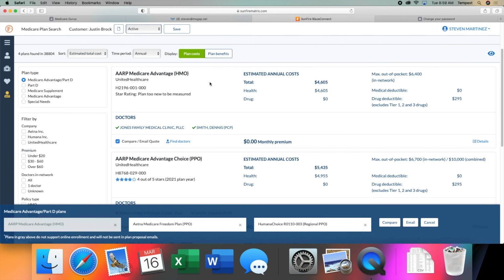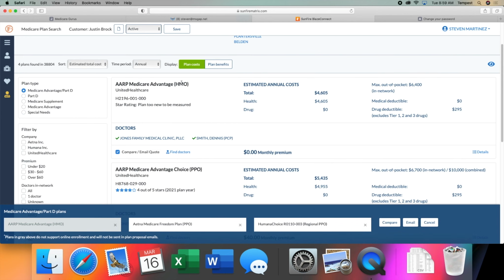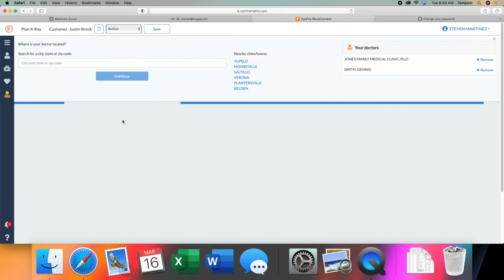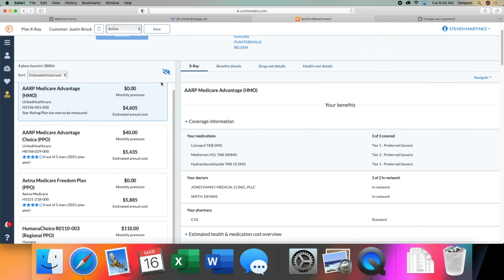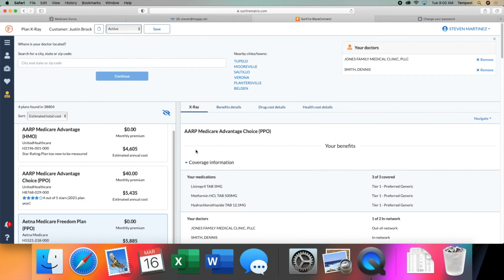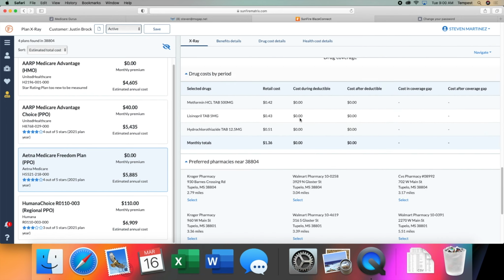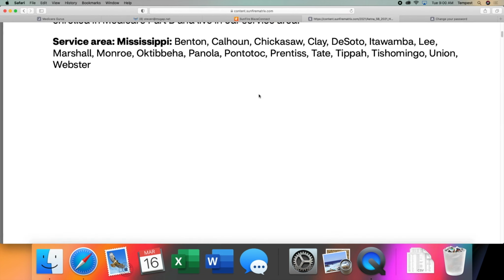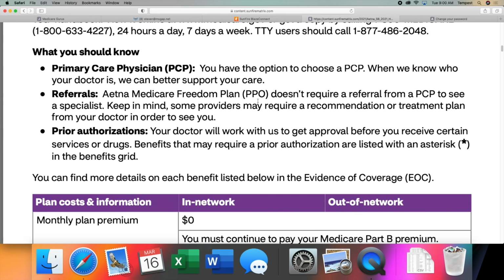So another thing I like about the way it's quoting it here, we went over how plan cost and plan benefits, right? So it's just sorting it. But you see this little eyeball over here? It's called the X-ray view. It's going to give you a completely different view of these plans. So if we click on X-ray view, it puts it in a different style. So now it's giving you all the benefits of each plan when you click on it over here. So I can click on Aetna Freedom Plan, and now it's giving me all the benefits of the plan. What's even cooler is that instead of having to go to the summary of benefits and look it all up, I can just come here and click on the summary of benefits for all the plans. Now I have the whole book right in front of me that we need to look at to go over